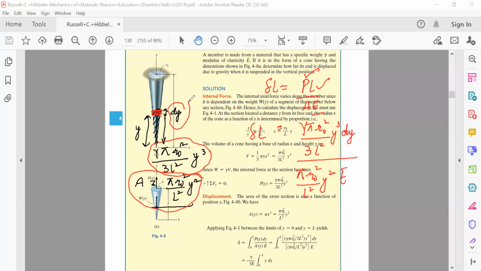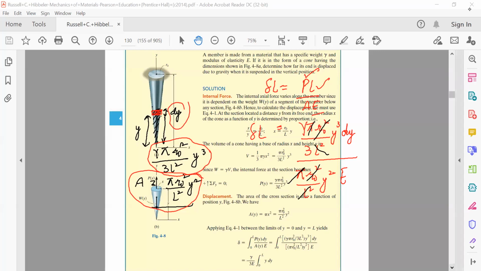Therefore, if we slightly modify, our pi and pi will cancel, our L square and L square will cancel, our r naught square and r naught square will cancel. Therefore, the change in length will become equal